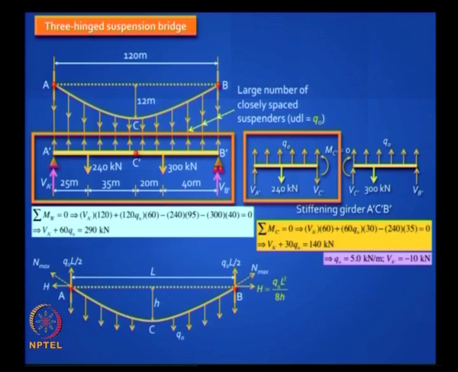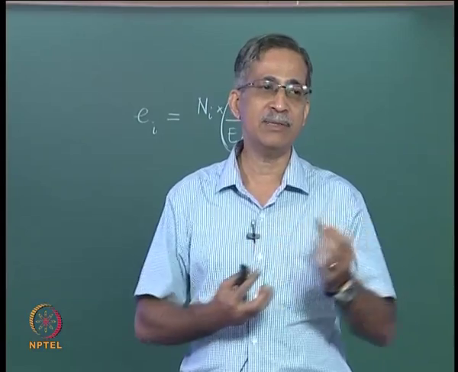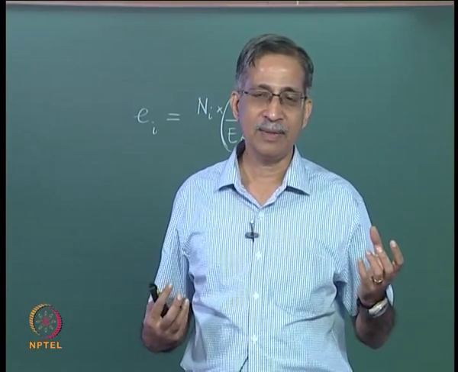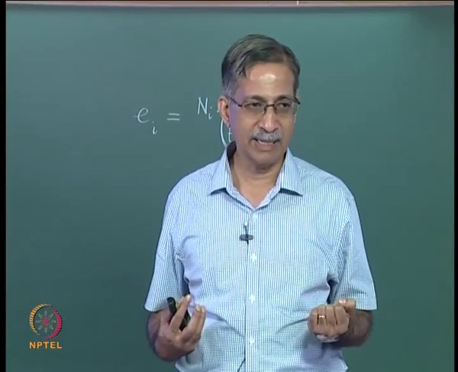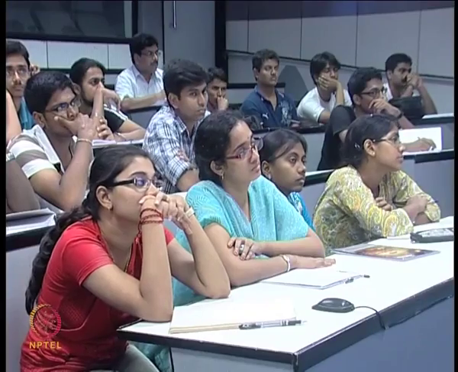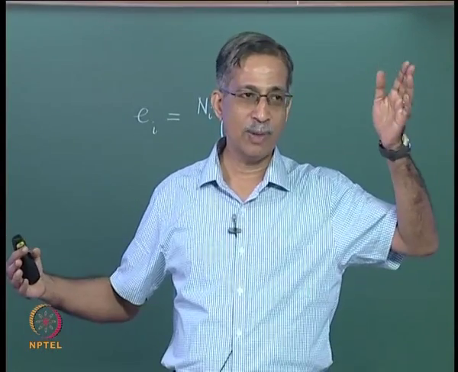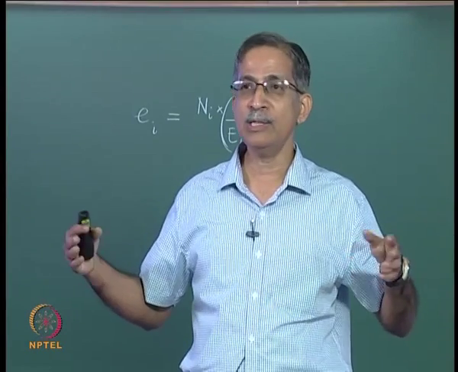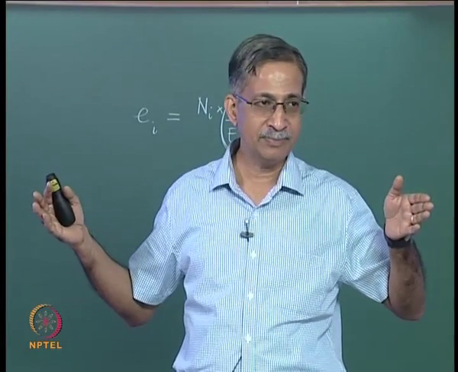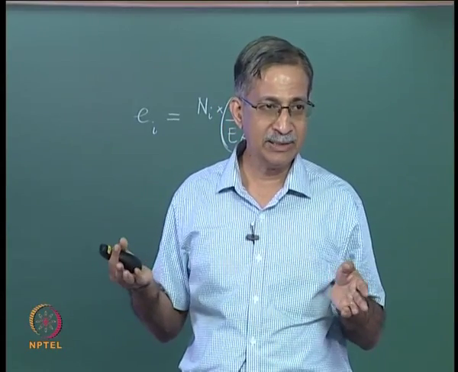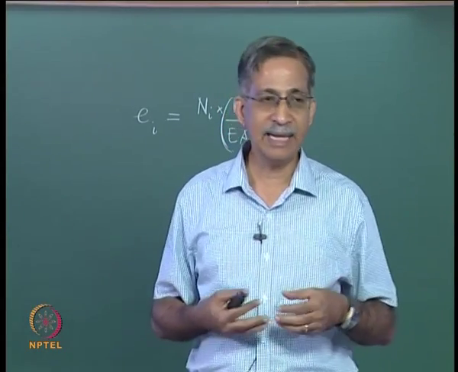In the olden days, the real worry was what is the size of the cable to be used, the wire rope. So you need to have an idea of what is the maximum tension in the cable. So it is very simple, find the total load that can come on the bridge, half the load will go to one end on the cable, that is you need the value of Q naught. Q naught into L by 2 is the vertical reaction, and H is Q naught L squared by 8H. The resultant of that is the actual force.